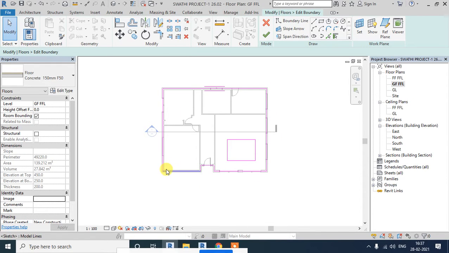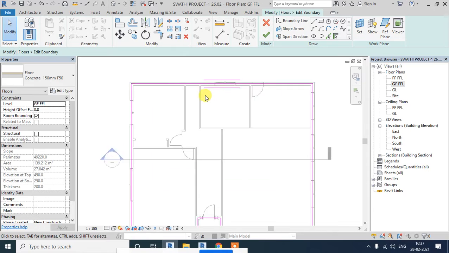So what will happen is, this was the whole profile. Now if I draw a profile inside a profile, then this will become a hole there. As simple as that. It will become a hole. You can use this for your shaft, or those where you have directly how to draw a shaft here.